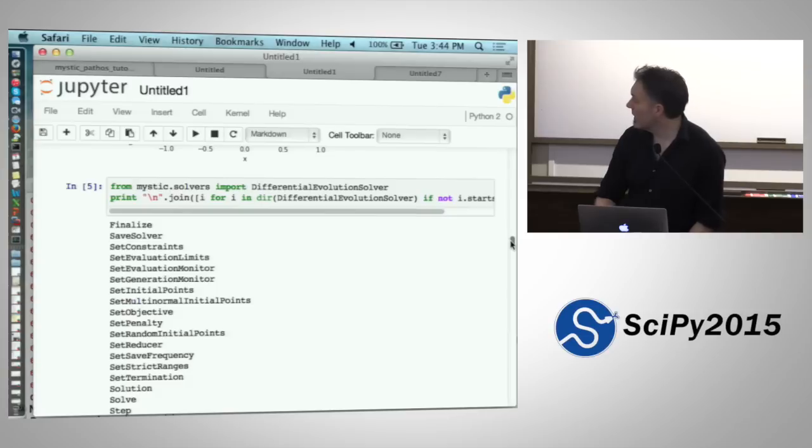So if you look at these, this is all the methods that are available on the optimizer that I just dumped out, basically. So there's a lot of things that are available. I'm not going to go through all of them, but they're in the documentation. And there's basically things like set a penalty function, set termination conditions, set the constraints. Penalty functions, in Mystic, penalty functions and constraints are different things. And